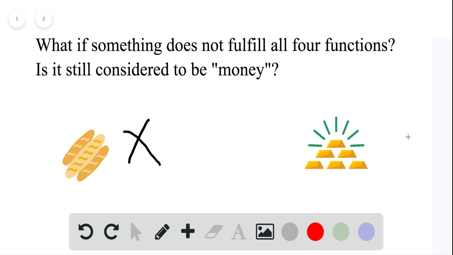On the other hand, think about something like gold. Gold is an okay form of currency. It does have a set value. It can be a medium of exchange, and it does store value. However, this doesn't work super well because quality of gold, again, can change or differ between types of gold and how fine it is. So it's not bad, but it's definitely not as good as what we call money. So for something to actually be considered money, it is supposed to fulfill most, if not all, of the four functions.